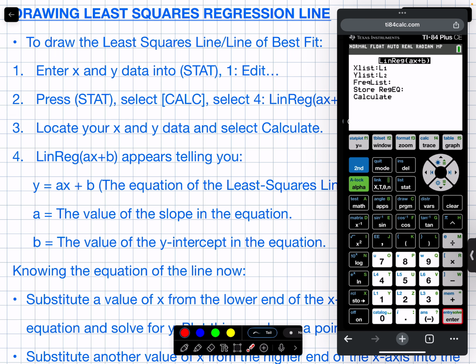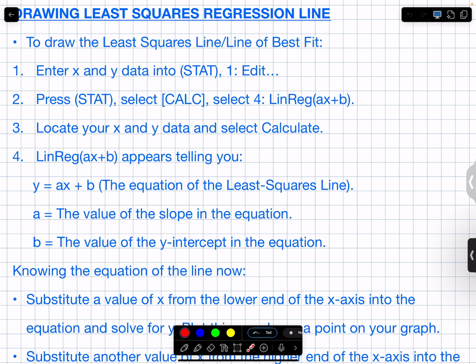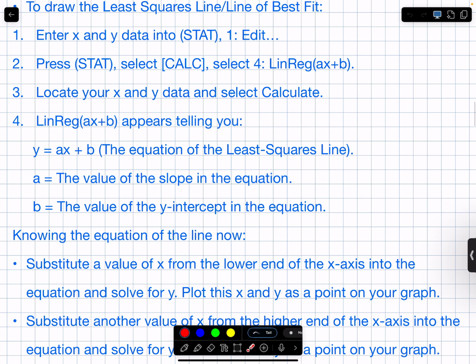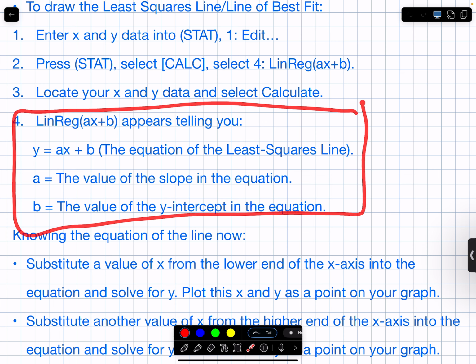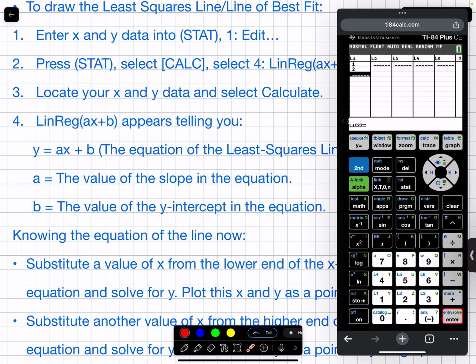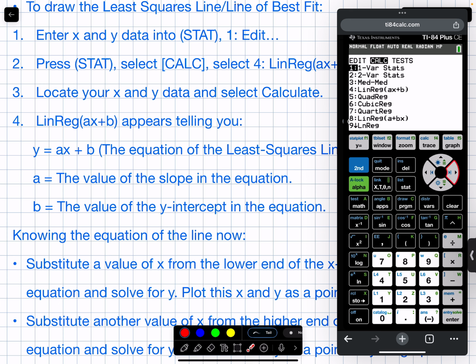All right? Press stat, select calc, all of these are the same steps that you've had before. But now we're actually going to interpret what that lin reg means. Before, what we did, I need to put some data in though. Stat edit. If I put 1, 2, 3, 4, 5 into my X data and 1, 2, 3, 4, 5, is that going to be a perfect relationship between those? So if I did stat calc lin reg,